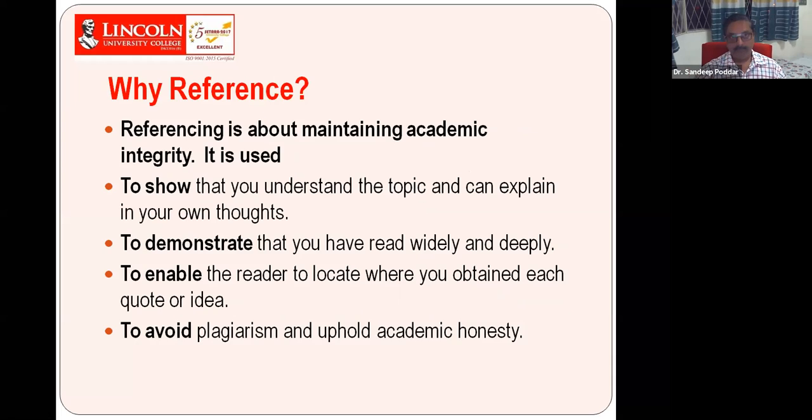Okay. There comes the reference. We should refer. Why? Otherwise it will be called plagiarized, because we are not doing everything on our own. Everything I am telling all the researchers: every cow has 4 legs. When I describe a cow, I have to describe 4 legs. But one Indian cow is not the same as a New Zealand cow. There is some difference.